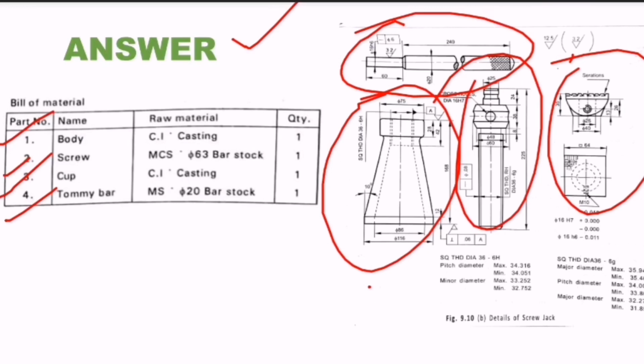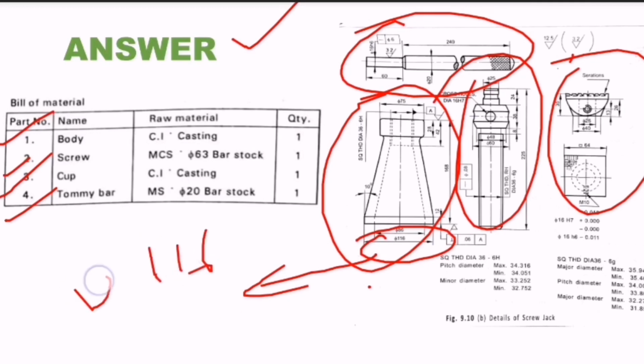This is very important. When we are dividing into individual parts, we need to indicate the same dimensions as per the question. For example, this length is 116 diameter. This should be maintained as per the question. If the question says 116 diameter, then we should maintain only 116 diameter. If it is 120 diameter in the question, we need to maintain only 120. So we should not change the scale to 1:2 or 1:3. If the question asks to change to 1:2 or to take a suitable scale, then we can go for the 1:2 scale or 1:3 scale.